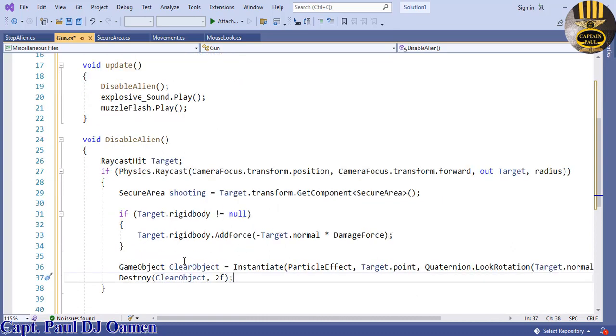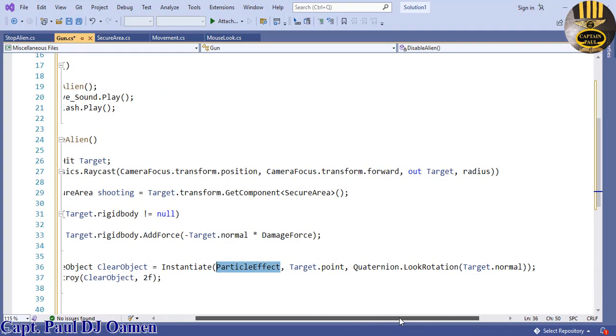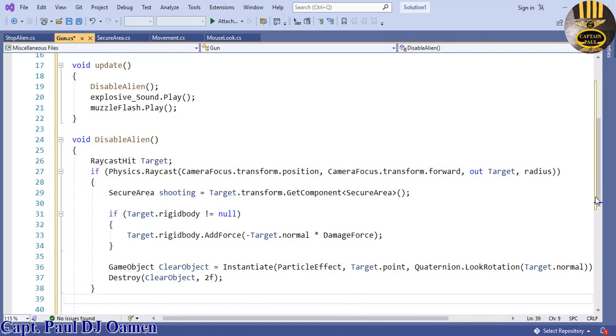Game object clear object equals instance. Then we get our particles and so on. And that is it. So I'm going to save that. Let's click on save